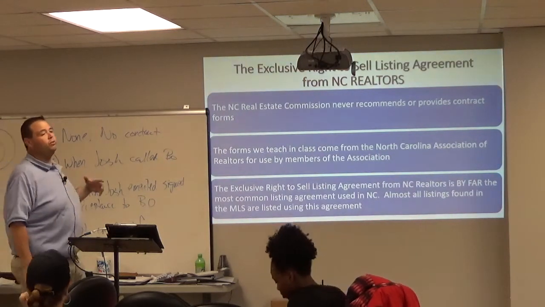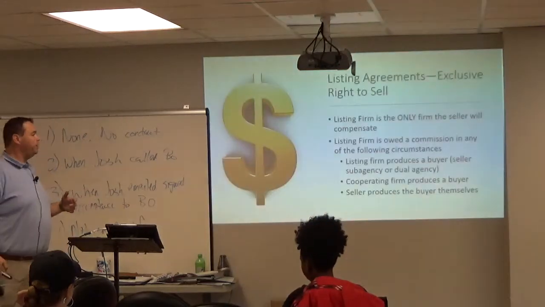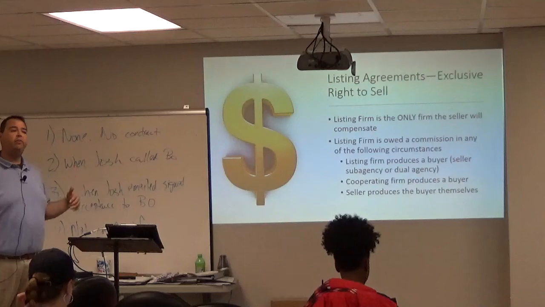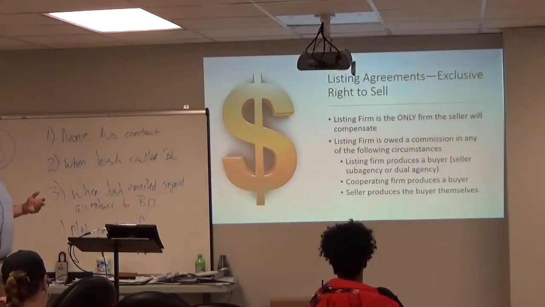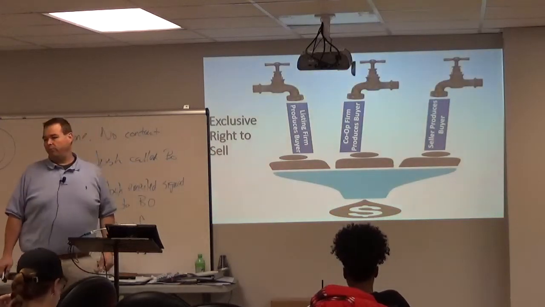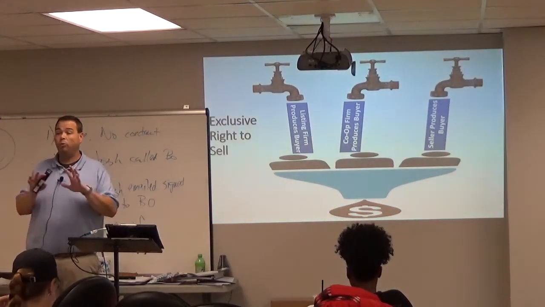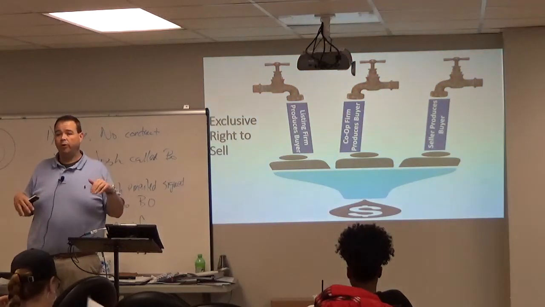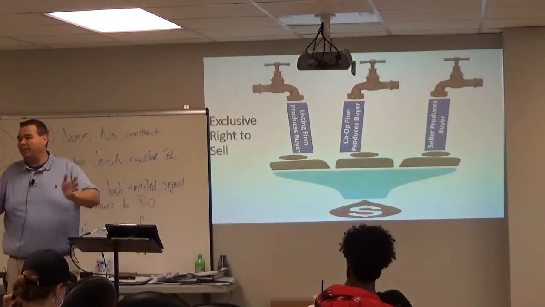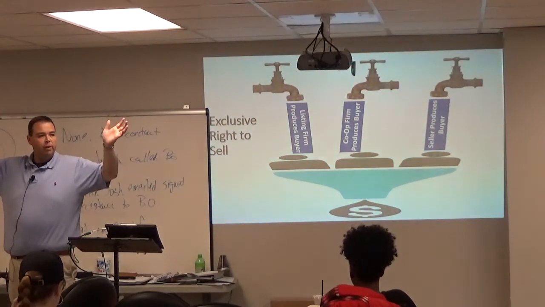Well, we talked about the three main categories of listing agreements, and I'll just back up real quickly and run through them. We talked about the exclusive right to sell. And we said the key thing about an exclusive right to sell listing is that no matter where the buyers came from, because there's three potential places the buyer could come from, no matter where the buyer came from, the listing firm was going to be owed a commission because that listing agreement was a big enough funnel to catch every single buyer. Does that make sense for everybody?